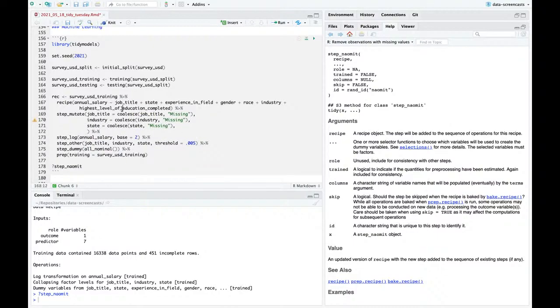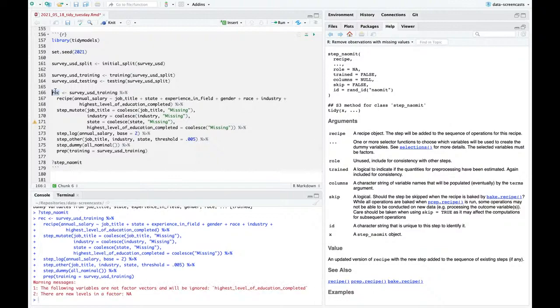I'm setting this up because I want to treat these as though they're other values, which is not always a good idea. But at least one of these is not a factor variable and will be ignored: highest level of education completed. Then maybe I don't want to say all nominal. Maybe I want to say,